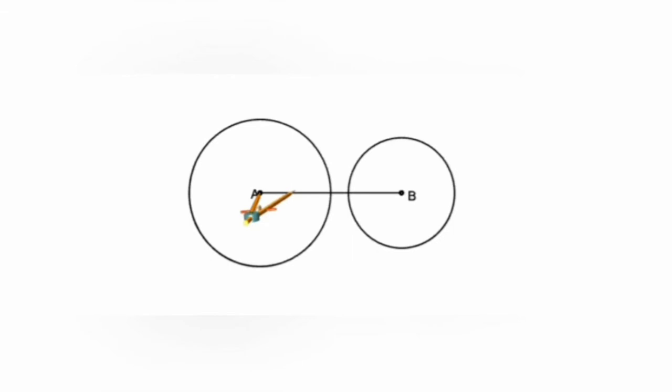Now, as per the question, we are supposed to draw the tangents to the circles respectively from the center of the second circle. That means here, if A is the center of the largest circle, then B is the external point from where we are supposed to draw the tangents. And if B is taken as the center of the smaller circle, we are supposed to draw tangents from the external point A to circle B.